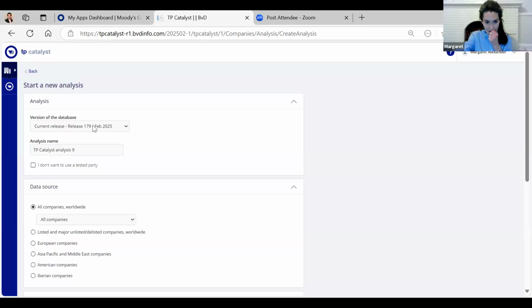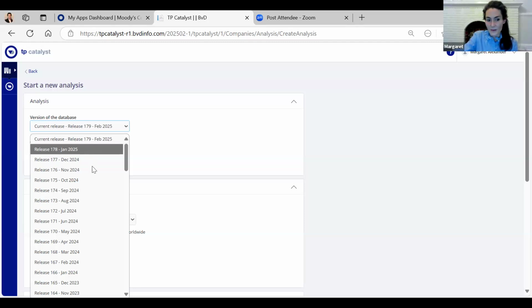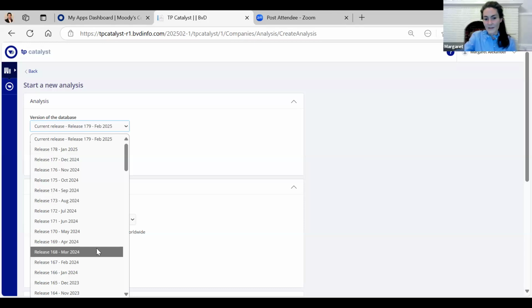One of the things that makes our tool a little bit different from some of the other tools that you might use is that we have these current releases right here. And these releases are like a frozen-in-time snapshot of the data at that particular month for that year. The reason we have this is that most transfer pricing regulations say that you need to use contemporaneous comparable company data.